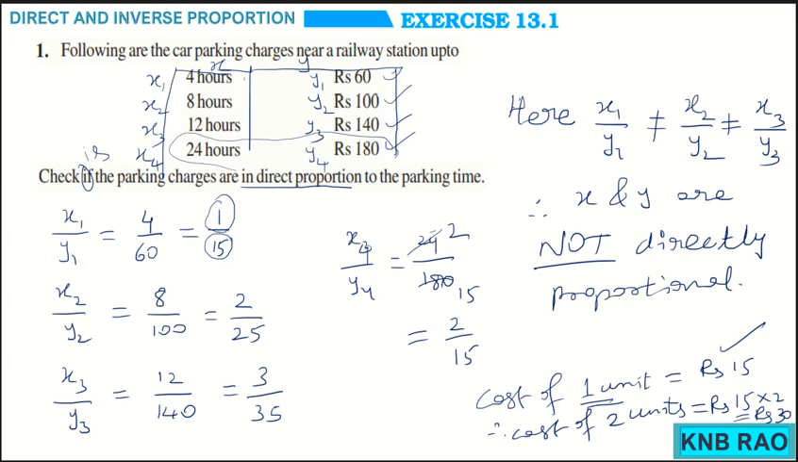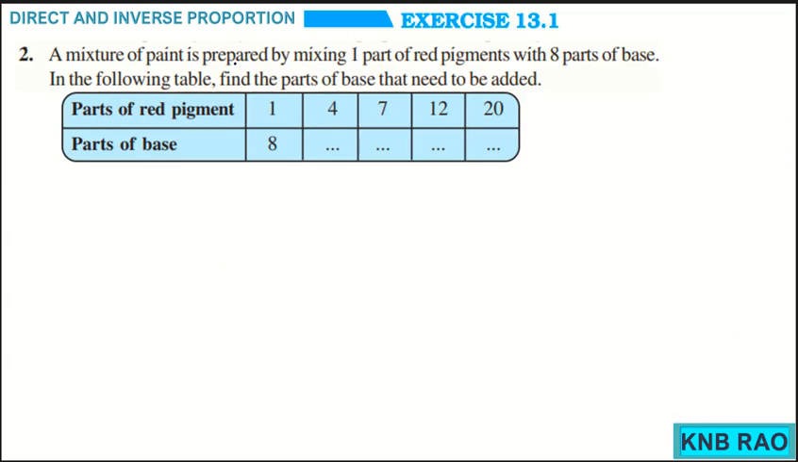Coming to the next question, you could observe here a mixture of paint prepared by mixing 1 part of red pigments with 8 parts of base in the following table. Find the parts of base that are to be added. First of all, the more the red pigment parts, the more the requirement of parts of base. So here